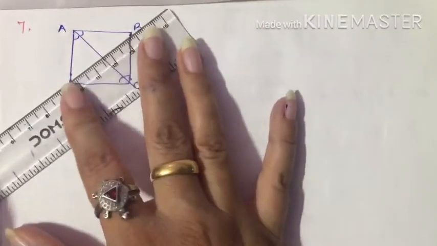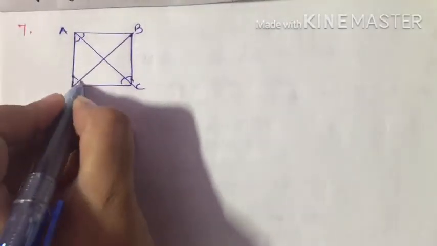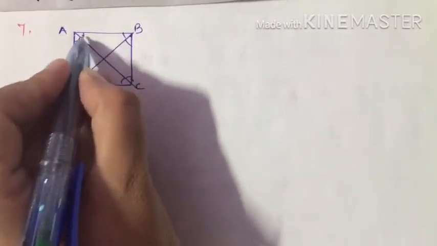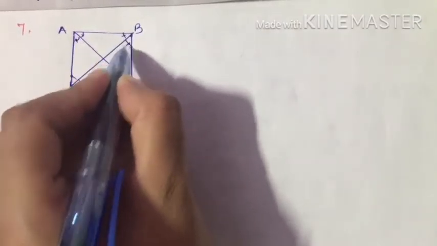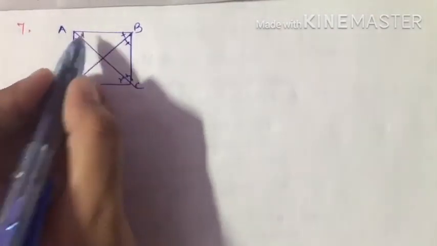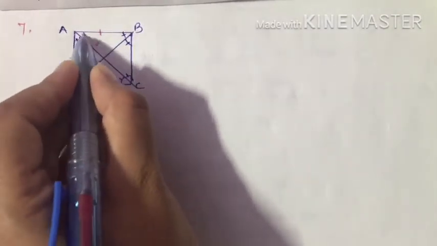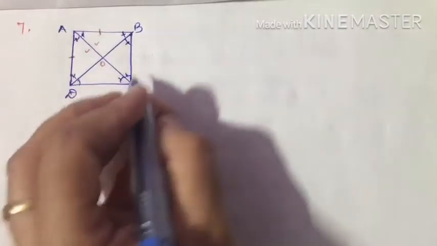I have to show that it bisects angle A as well as angle C, and diagonal BD bisects angle B as well as angle D. This is what I have to prove. Means what I have to prove, I have to show my this angle is equal to this angle, and this is equal to this. For proving these angles equal to each other, student, I will take these two triangles. It is a rhombus, so my AB is equal to AD. I will prove these two triangles congruent, and by CPCT I will show that my this angle is equal to this angle. Let both the diagonals intersect at O.